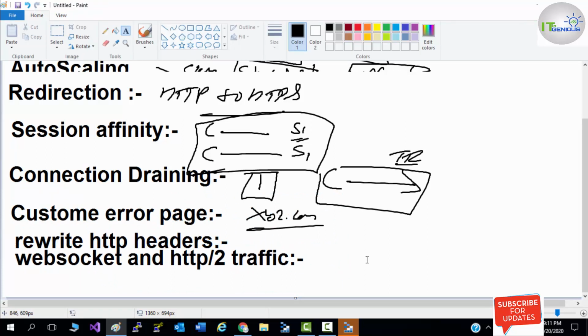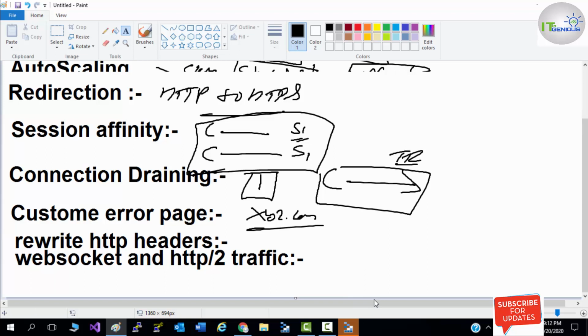It supports full duplex communication between your server and client, so there is no need for polling. With HTTP or HTTPS based traffic, there would be polling for each communication. But if you use HTTP2 based traffic, polling is not required. It will use the existing TCP connection, the existing HTTPS based connection, and it uses the same port.